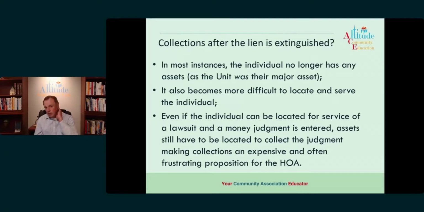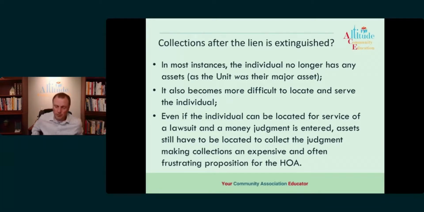Another question, how much are the legal fees typically for planning purposes for a foreclosure? Each one is going to be somewhat different, but we would say plan on roughly $7,500 at the bare minimum of what a foreclosure is going to take. If we have to go all the way, if we have to have a trial and then go all the way through sale, that number can exponentially increase.